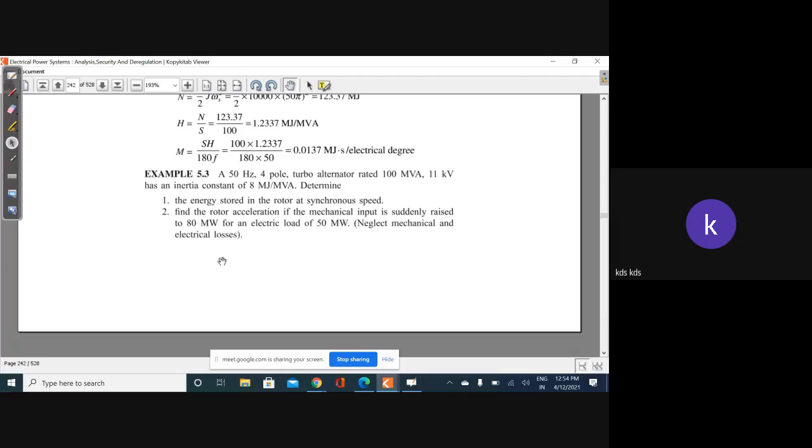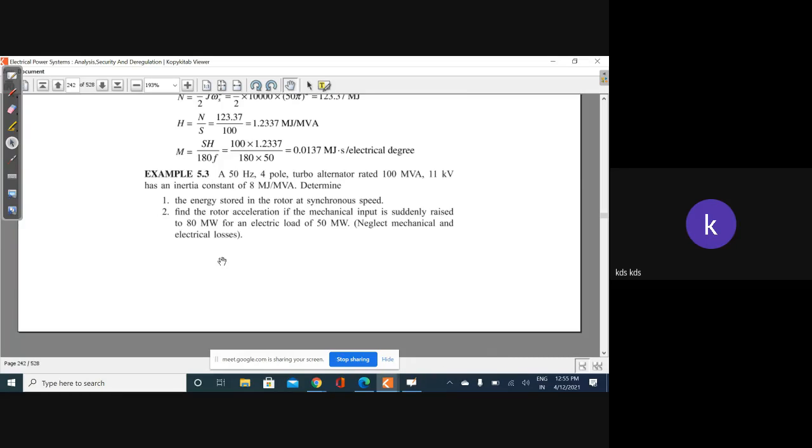That's why during that time, when load is high, mechanical input is less, what happens is that the kinetic energy which is stored in the rotor gets converted into the electrical energy. Rotor slows down a little bit, frequency reduces, right? So that reduction in frequency is due to the fact that kinetic energy which is stored in the synchronous generator has been converted into the electrical energy.